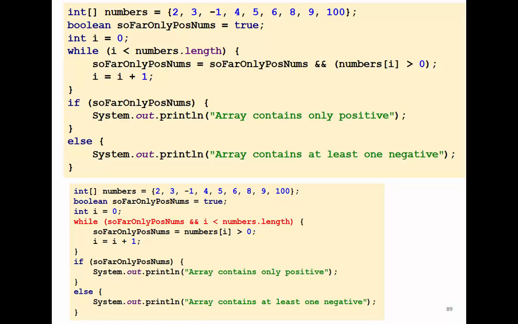Is that right? But look at the second implementation. Nothing changed from the first one to the second one, except we are using soFarOnlyPositive as part of the conditions. So if soFarOnlyPositive is false, we immediately stop execution and we print to the user that at least one negative element was found. You see that? So that is the difference in the implementations.